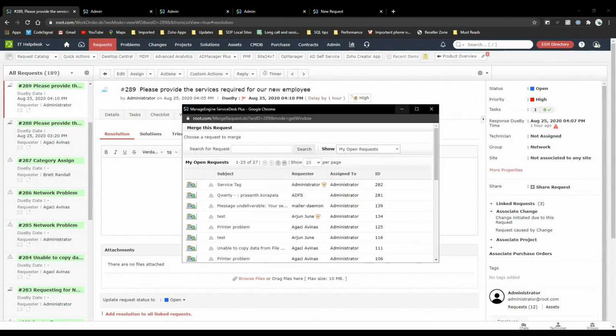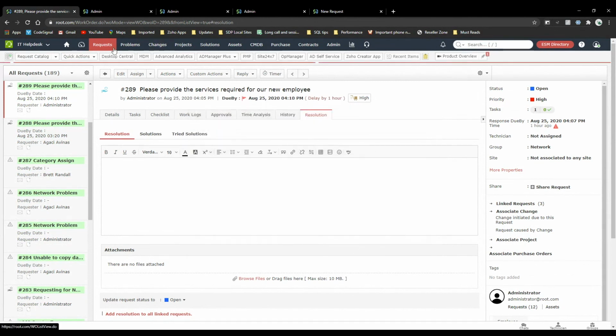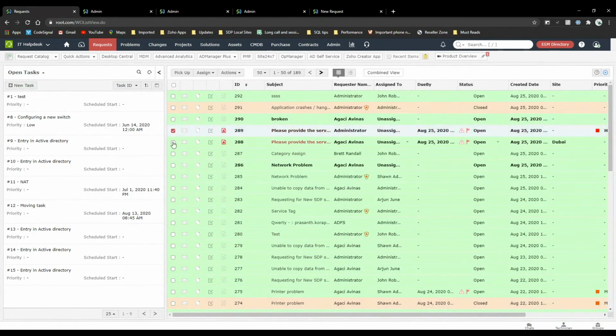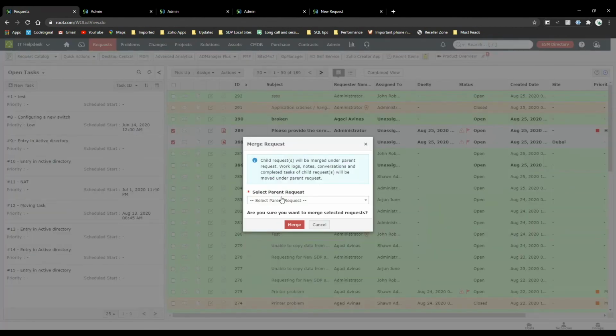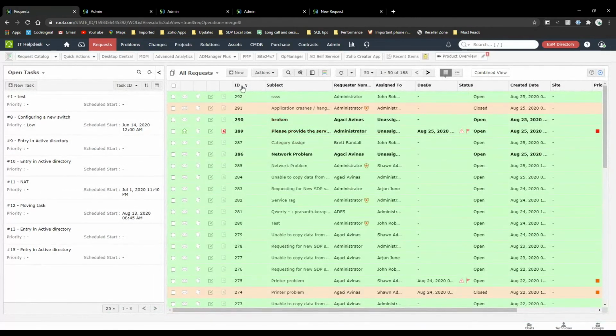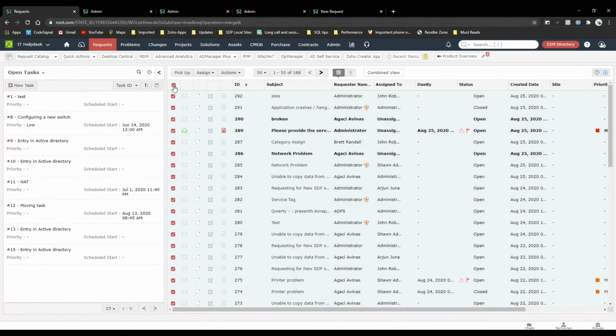So if you have multiple requests, let me show that from the list view. If these two requests are of the same thing and you want to merge them, you can merge them from here, and you can choose whichever is the parent, so that those two requests will be merged into one. So if you have the merge option, as well as if you want to perform bulk edits,